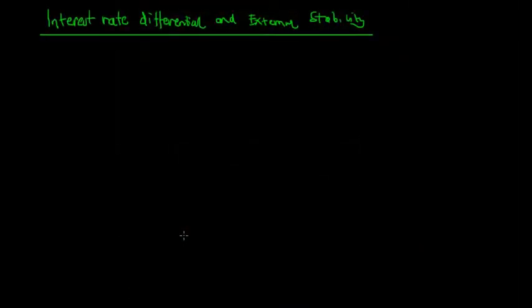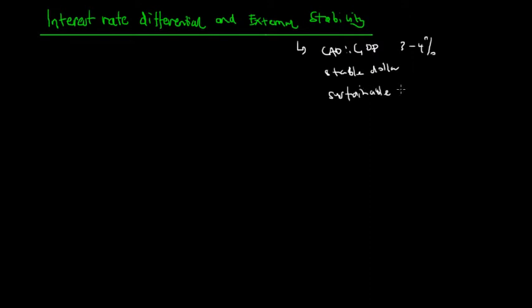This lecture will focus on how the interest rate differential between Australia and other countries can affect our external stability. Now, external stability can be separated into three different components: the CAD to GDP ratio of around 3 to 4%, a stable dollar or currency, as well as a sustainable net foreign debt. And you can remind yourselves of the goal of external stability in our lecture on external stability